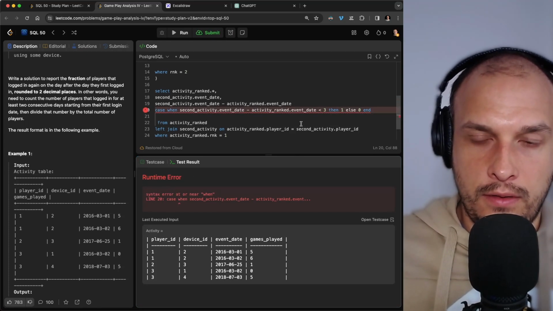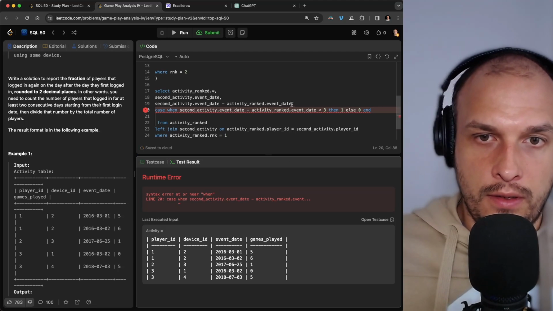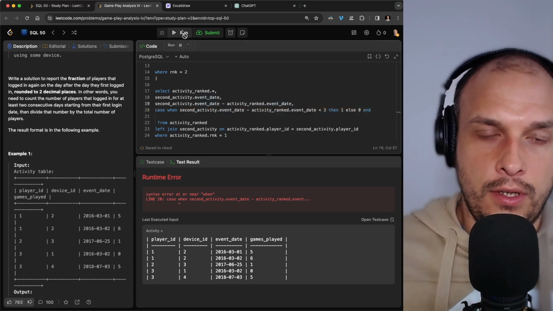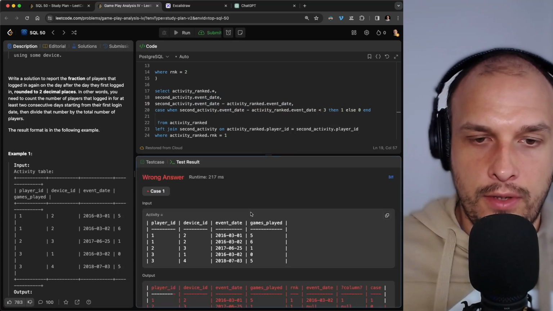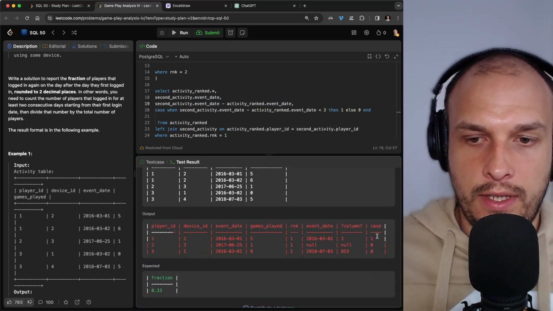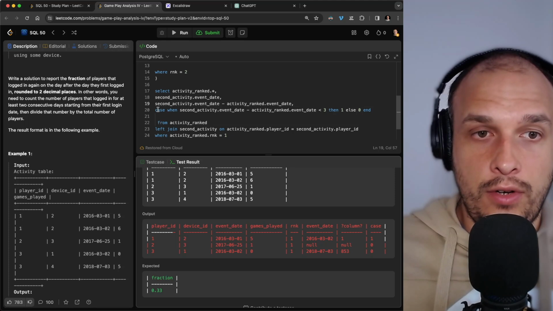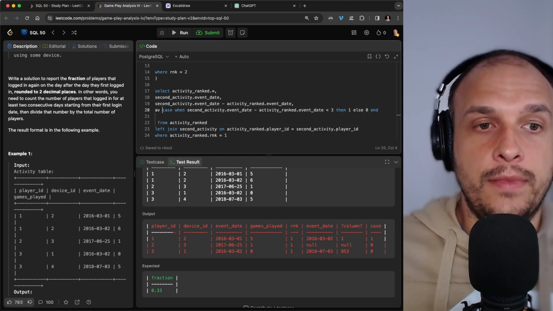Case when, a comma, most common mistake when you write SQL query, just forget about comma. Yes, 1, 0, 0, and now I can average this flag,